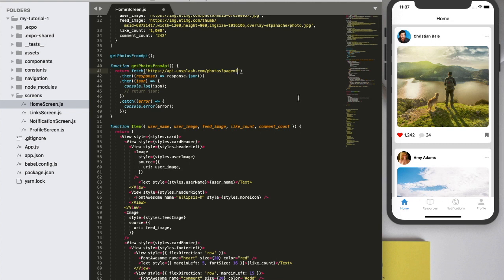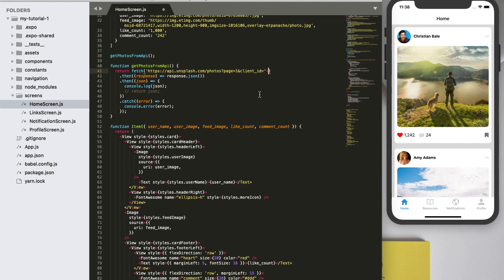and we need to specify the access key on this request. So now we are saying fetch from https api.unsplash.com/photos. We want to fetch photos, and we are sending parameters like page equal to 1. We want to fetch the first page of the photos, and client ID, which is the access key.